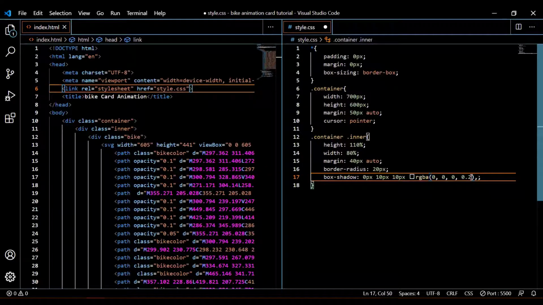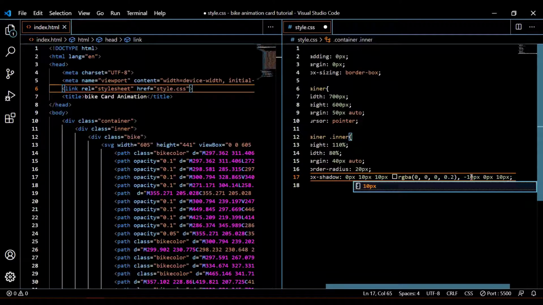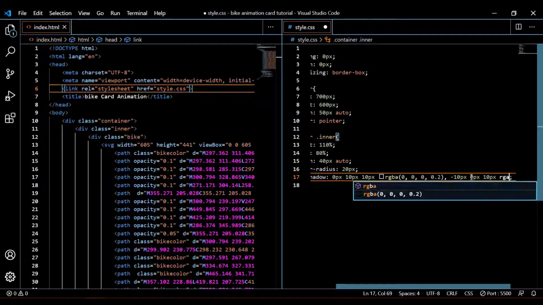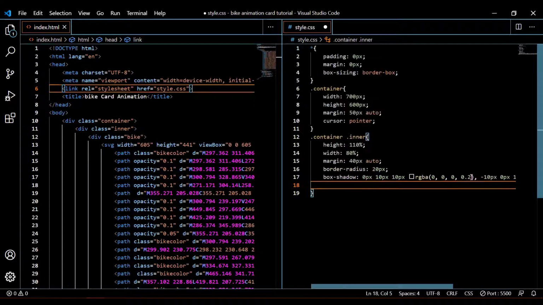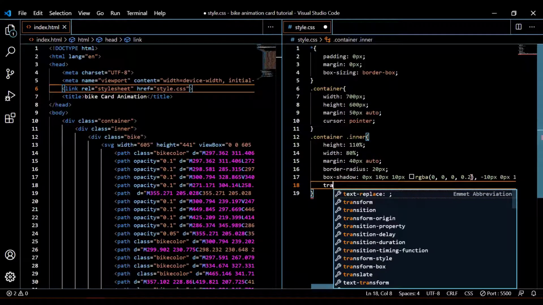And then the second part is minus 10 pixel, 0 pixel, 10 pixel and RGBA, the same color. Okay, so the box shadow part is completed.